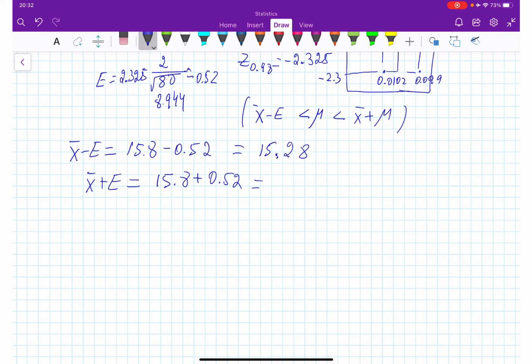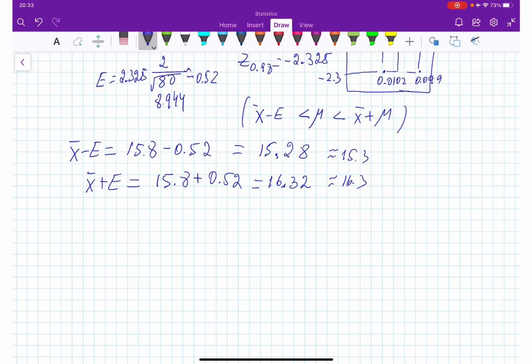And when we add, it's going to be 16.32. So since they want only one decimal, this one is going to be approximately 15.3, and this one is going to be 16.3,